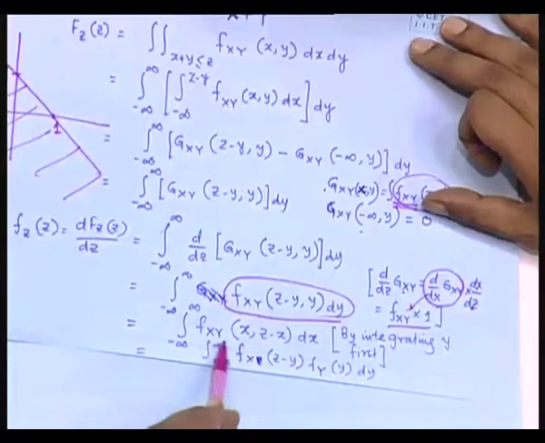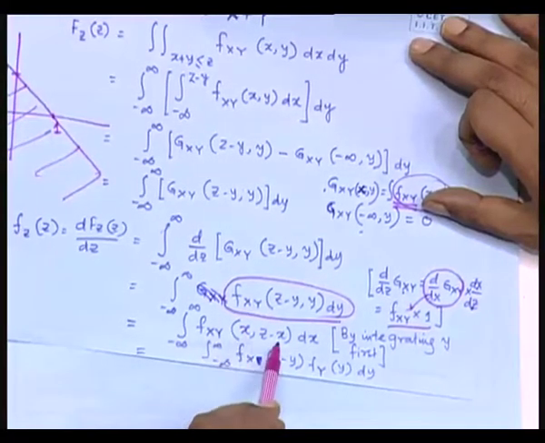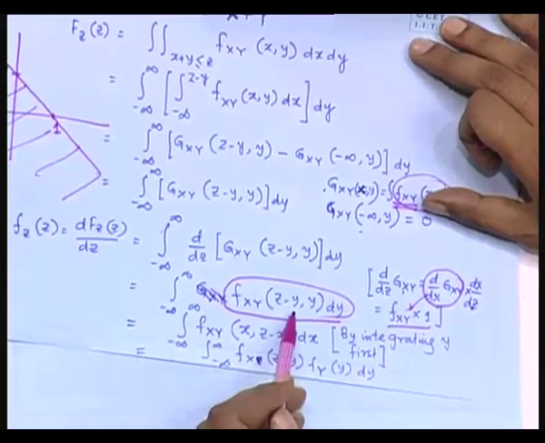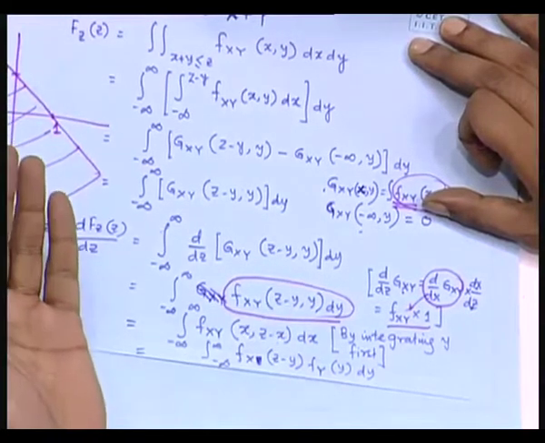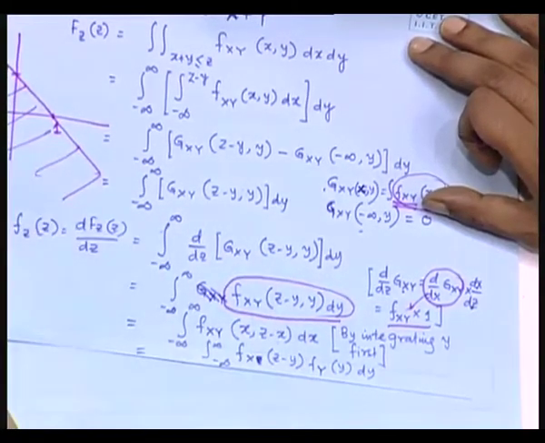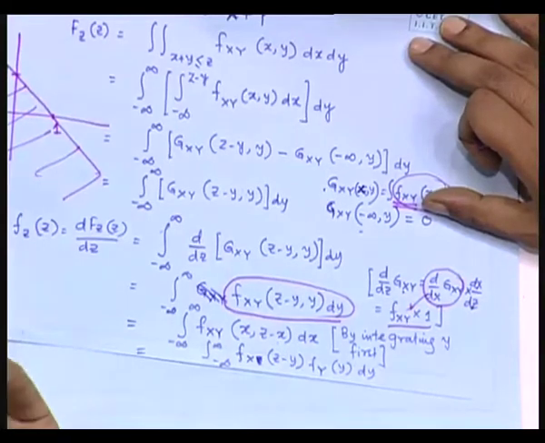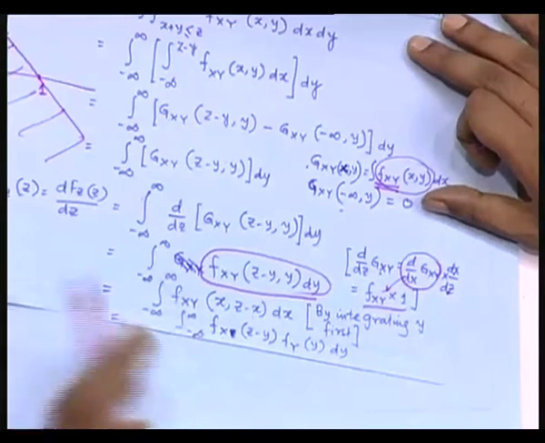Now here what we did is we first integrated x, then we integrated y. Nobody tells you to do that. You can also do it in the reverse order. It's all the same. Then if you do it in the reverse order, you will get nothing but f(x, z minus x). Here you had eliminated the variable x by integrating first. You can also eliminate the variable y, you can always do that. So then it will be this,